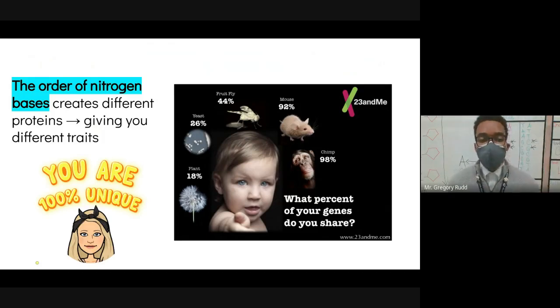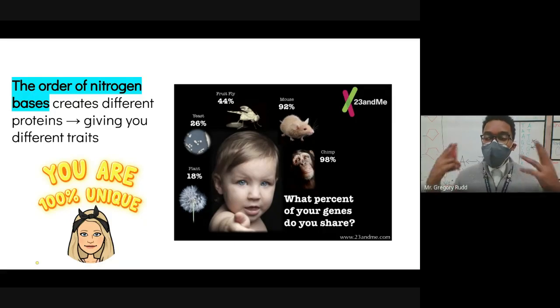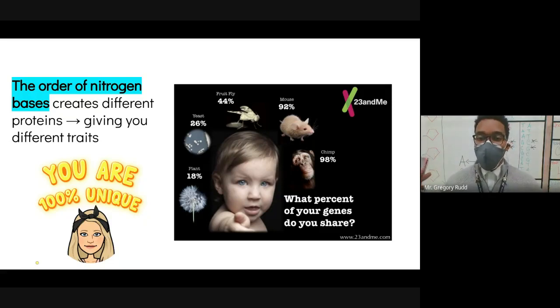So it's the sequence of nitrogen bases that matters. We're going to talk a lot more about that probably on Monday, but this is because of a process called translation. So it's the order that really, really matters. Keep in mind, guys, that many of the things that make life possible are common throughout different forms of life. What this means is that the genes that make us humans are very similar to the genes that make chimpanzees. We both have central nervous systems, so we need the genes that code for neurons and glial cells